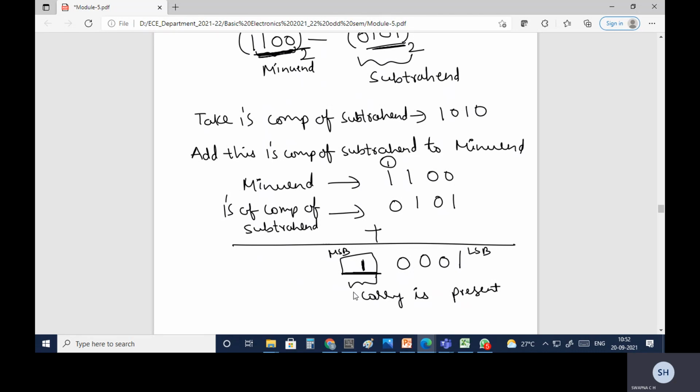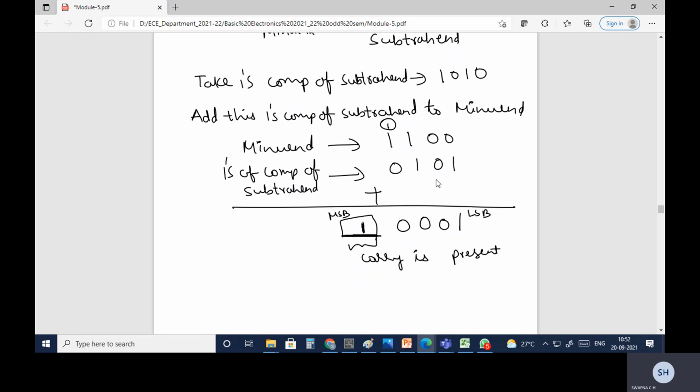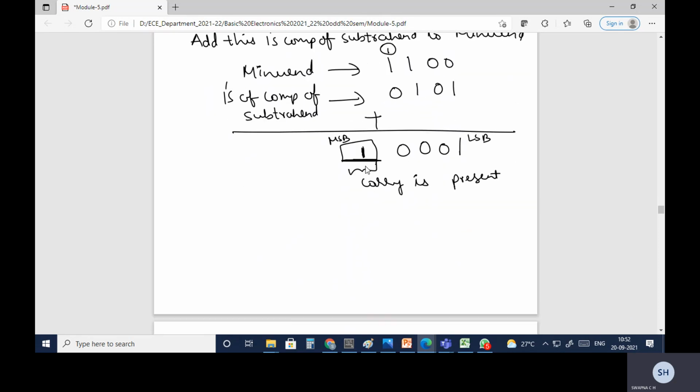Since there is a carry, you need to add the carry to the last bit.